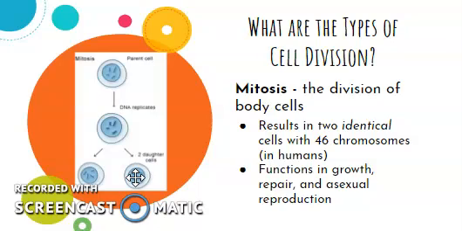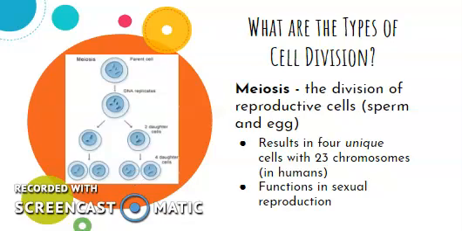There is another type of cell division, and this cell division is called meiosis. Now, meiosis happens in reproductive cells only, so either in the sperm or the egg. This is a bigger process. This process starts with a cell that has 46 chromosomes. It doubles just like in mitosis, so it has 92. This is a simplified model of it. It divides, and ultimately it divides again.